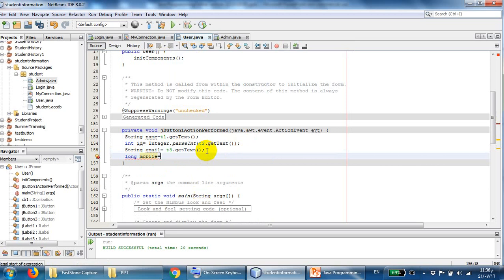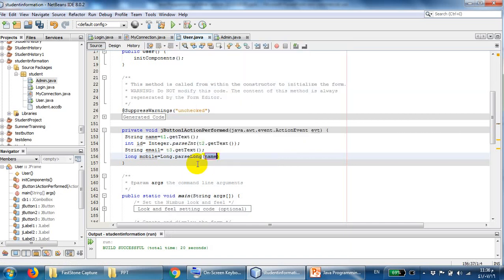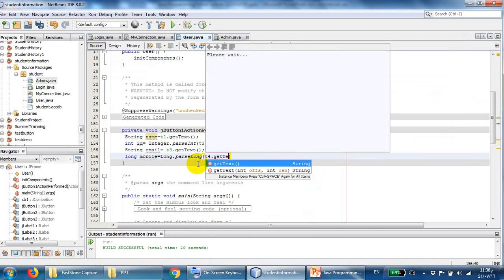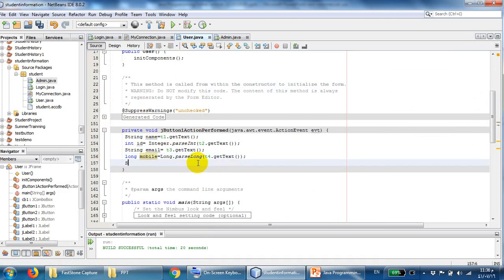Here again you have to do parsing with the Long class, Long dot parseLong, see parseLong, then t4 dot get text. Now you parse the string to long. Next, department, string department equals to